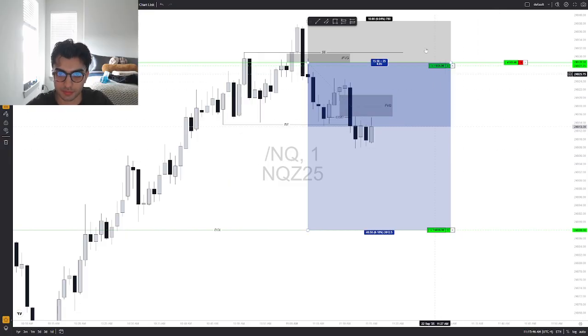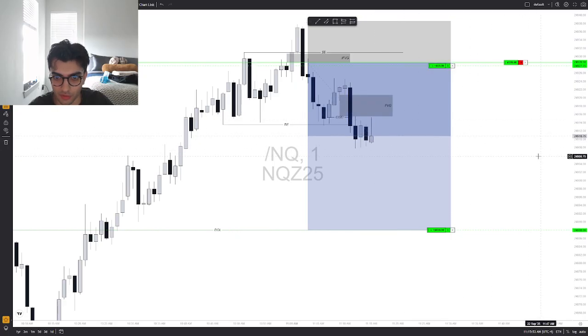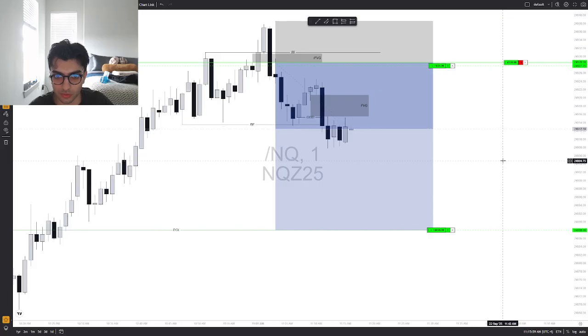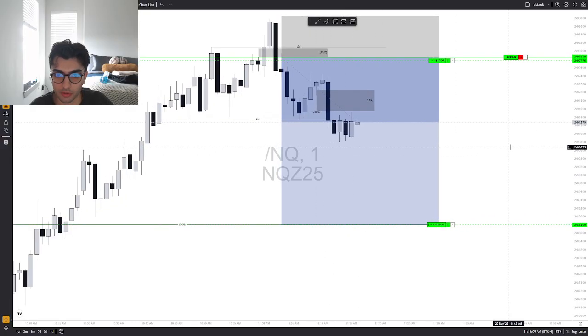If we can close this candle like a large wick, yeah, like that. A large wick on the top there and a small body, that would be very ideal. That would be very bearish. 2, 1. Alright, so we didn't really get that, but it still does look bearish. I just don't like that we're having trouble here. We are forming an order block, so I want to see an order block get formed and then move lower.